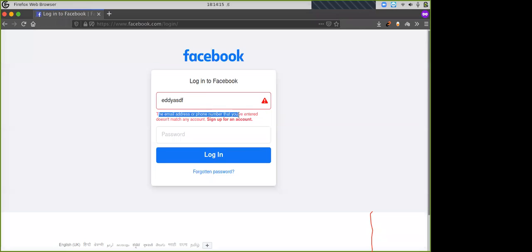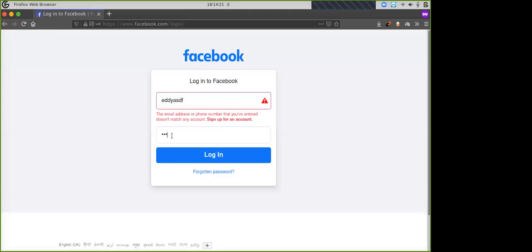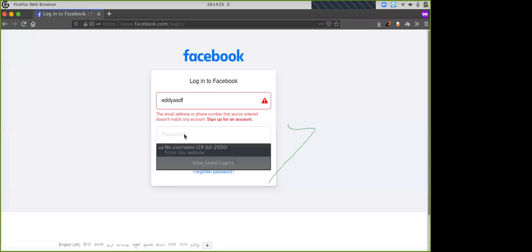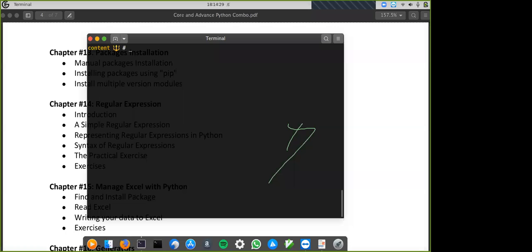The email address or phone number you have entered does not match any account. Or, if you want to enter a password on some website, and that password does not contain integers, you have to fulfill all the requirements. What type of requirements am I talking about? Let's suppose when you want to enter a password, you have to enter an integer, as well as